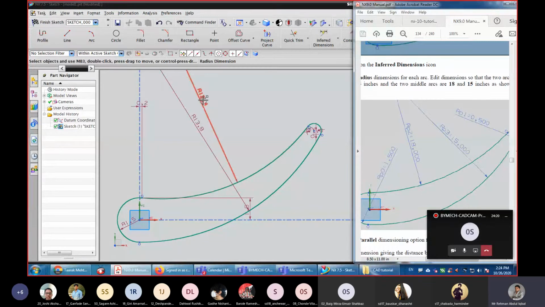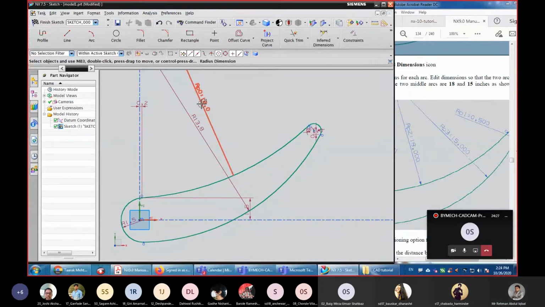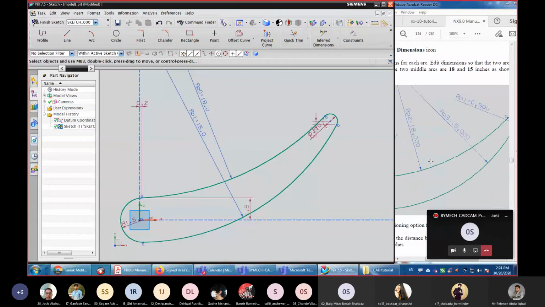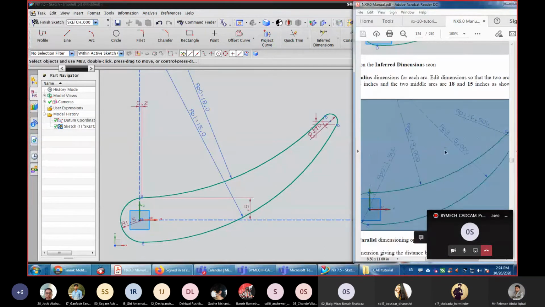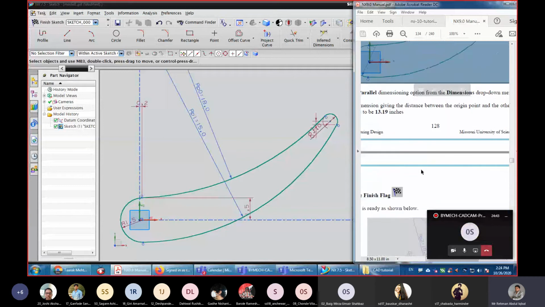This is the upper arc. So just double click the dimension, enter 18, and the bottom one radius is 15. So double click 15. So we got this.